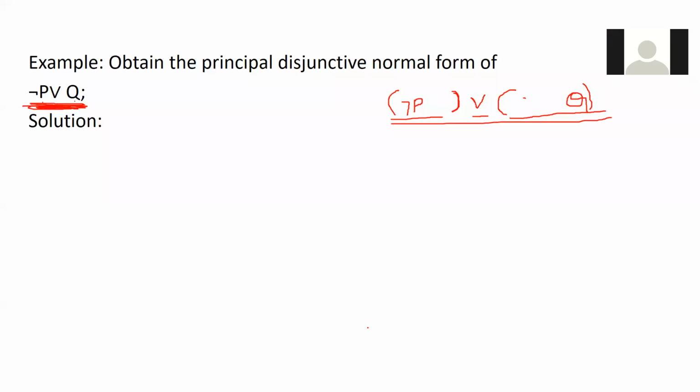Here I have two variables. Missing is Q, sir. Yes. So here Q is missing, and here P is missing. Am I right? Yes or no? Anyone, please unmute yourself and tell me.